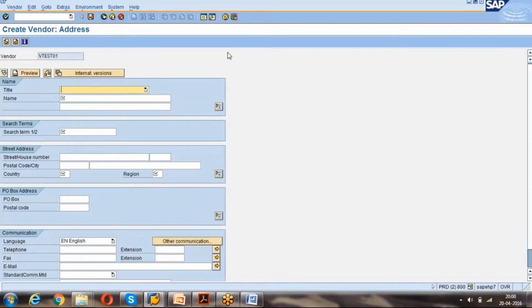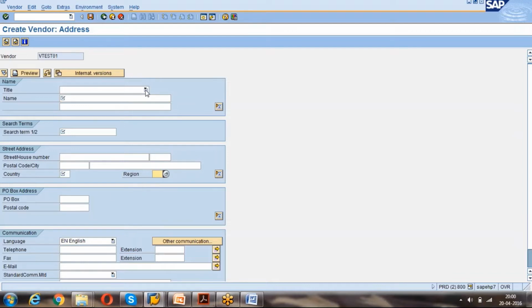See, now this screen appears after you gave the details. It is the same as material master and all. Here we can see one icon. Fields which have this icon are mandatory fields. The remaining blank fields are optional fields. Means without filling the optional fields also, the system will save the vendor, but you have to give input for the mandatory fields. Otherwise, the system will throw a message, enter the respective region.